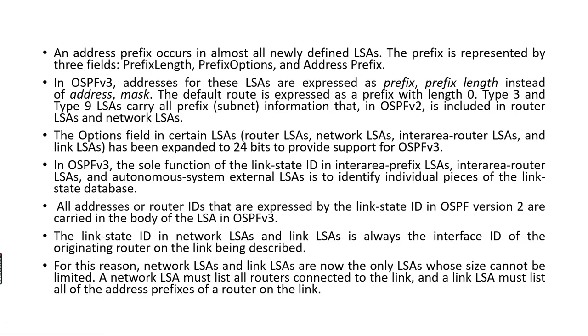Next, some more information about OSPF v3. The address prefix occurs in almost all the newly defined LSAs, which means, as we have just seen in all the types, the prefix is represented by three things: the prefix length, prefix options, and the address prefix. Yes, instead of the address and the mask, these three pieces of information are utilized. And what about the default route? This is expressed by the prefix with length 0. And particularly type 3 and type 9 LSAs carry all the